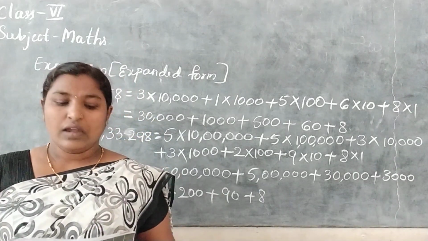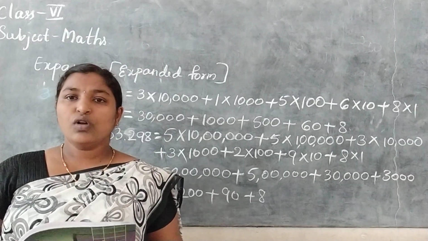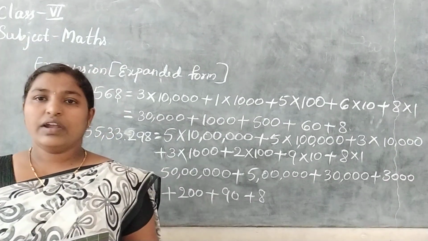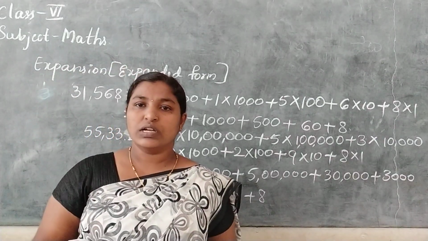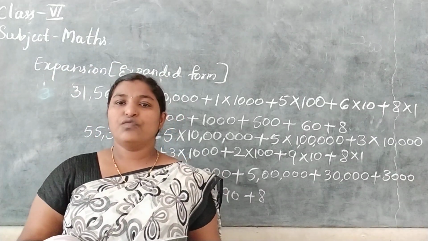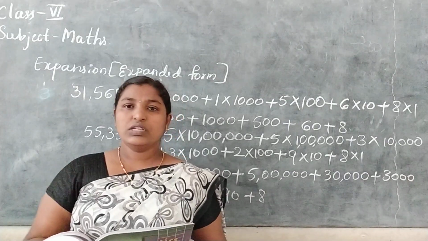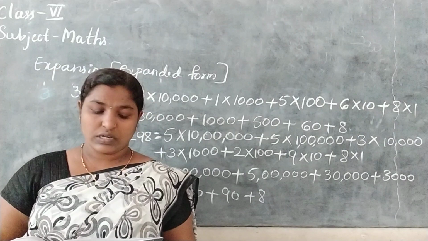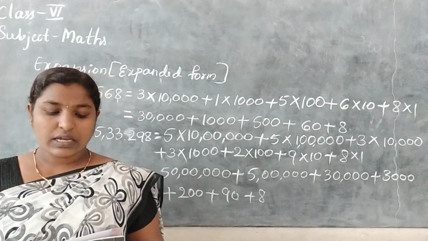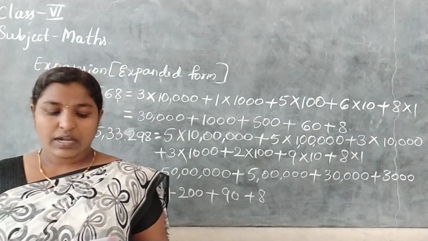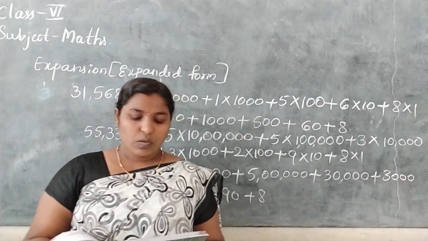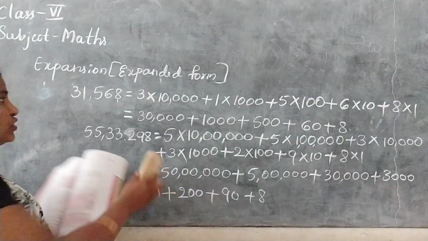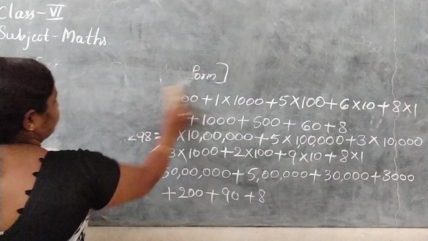9 plus 1 equal to 10. 99 plus 1 equal to 100. That is the 3-digit smallest number. 999 plus 1, 1000. So this is the smallest 4-digit number. 9999. Then 9,99,999 plus 1, we will get how much? I'll write this on the board. You also write in your textbook.